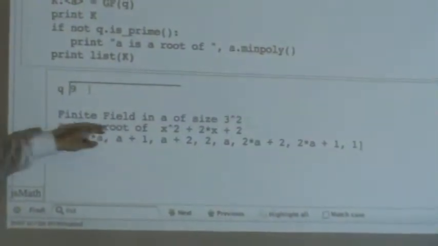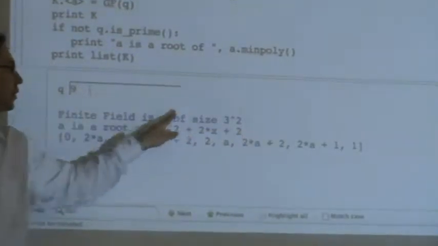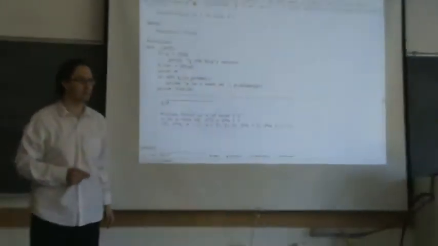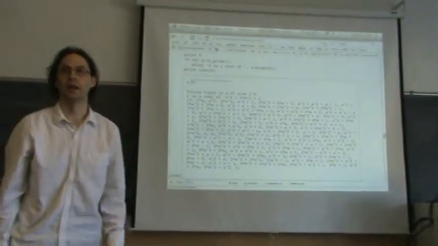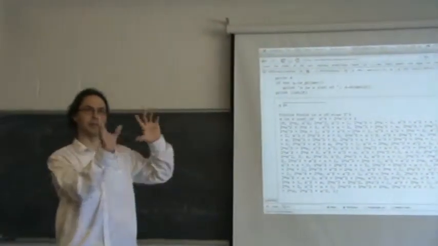But maybe one interesting thing is it gives you a polynomial that defines the finite field. So I'll just do an example where I make this bigger, and I get all the elements in a finite field of order 81. And if you're a little bit more industrious, you can make a multiplication table or something like that. So that's just an example.